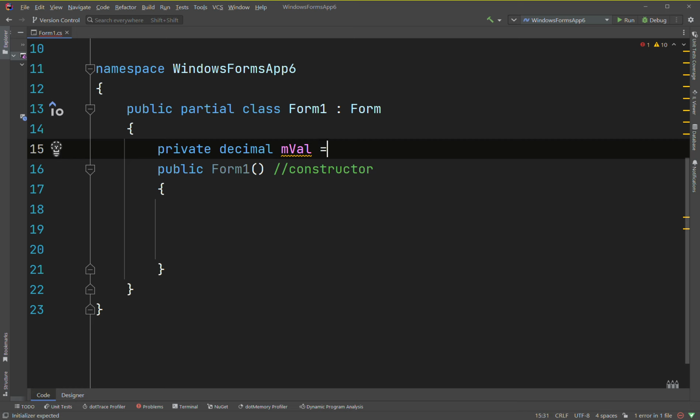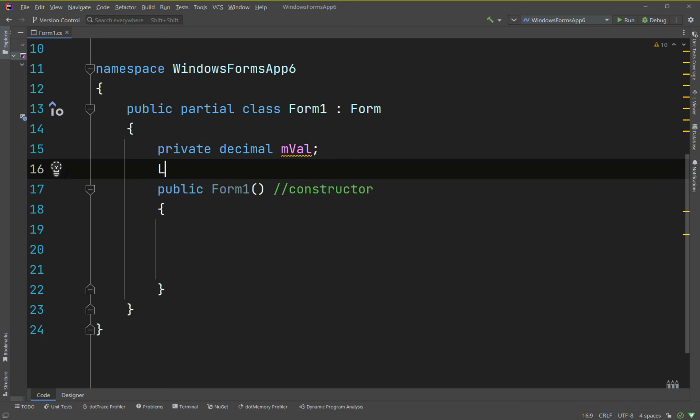Then if we have a label as well, whoops, forgot the private again. So private label. So if we have a private label,